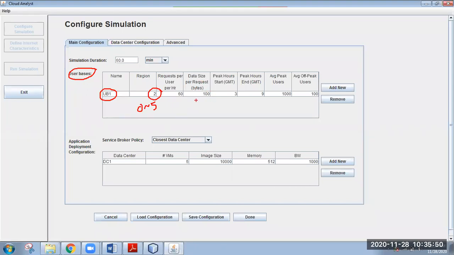And in cloud, there are 2 different times. One is called your peak hour, another is called your off-peak hour. What is the meaning? Peak hour means the hour in which people need the resources. Off-peak hour means the people are not going to subscribe for a particular resource because that time is the rest time, you can say.